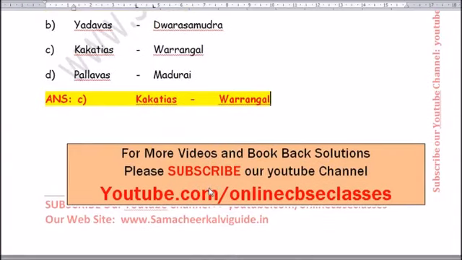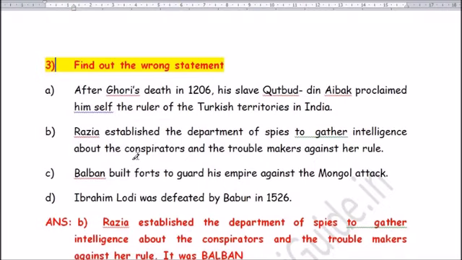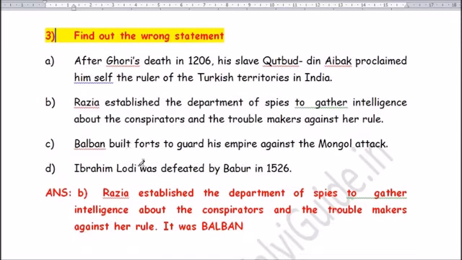Moving to question number 3, find out the wrong statement. First one, after Ghori's death in 1206, his slave Qutbuddin Aibak proclaimed himself the ruler of the Turkish territories in India. B. Razia established the Department of Spies to gather intelligence about the conspirators and the troublemakers against her rule. Option C. Balban built forts to guard his empire against the Mongol attack. Option D. Ibrahim Lodi was defeated by Babur in 1526. The answer is